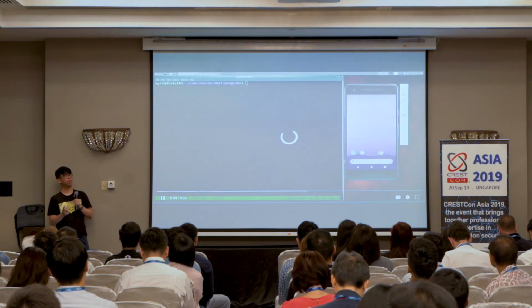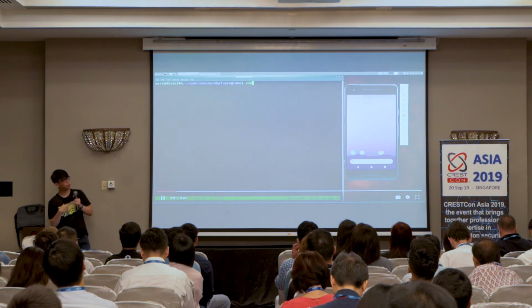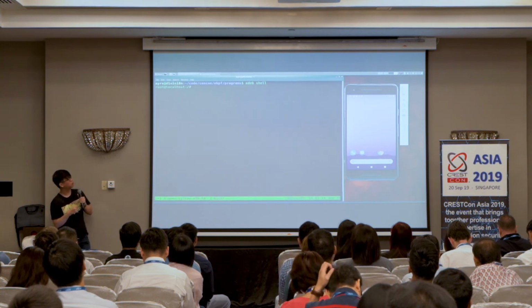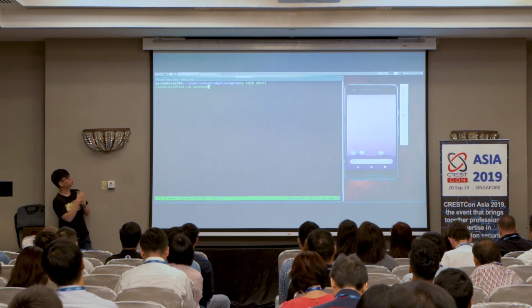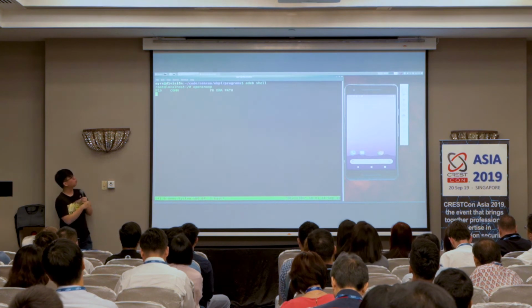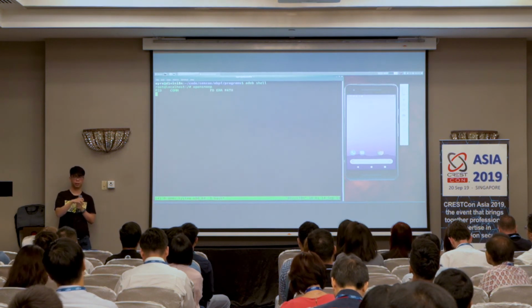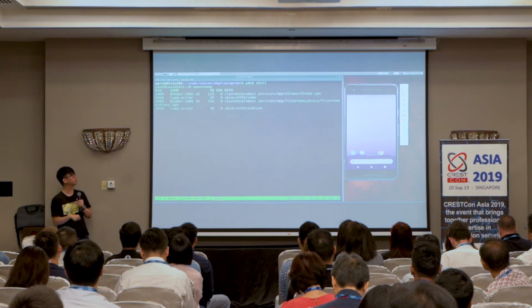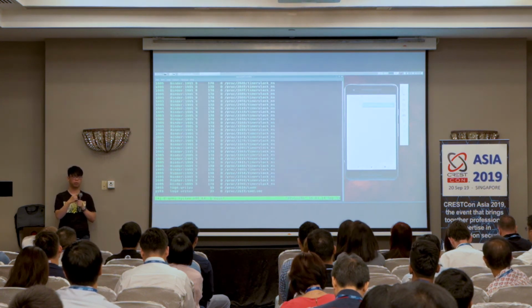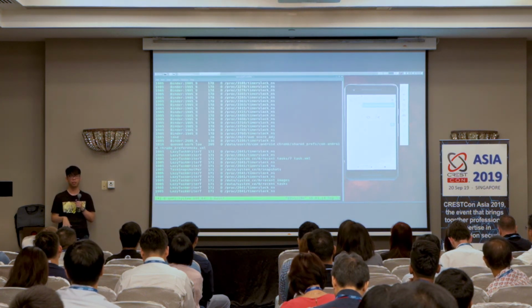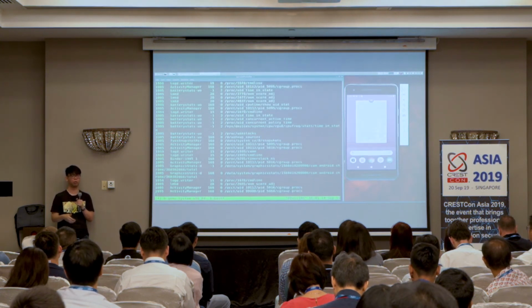So here is a quick video, hope it's not too small, but I am just running ADB shell, which will drop me into a Debian environment. You can see I'm running the OpenSnoop command, which traces all the open syscalls on the device. If I launch an application, you'll see a lot of output start printing out because it is essentially tracing everything that the application is loading while you launch it.